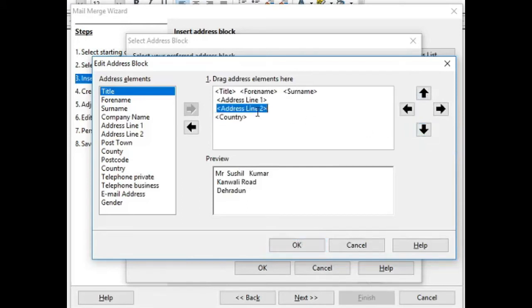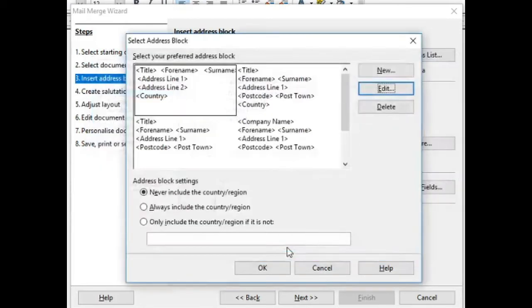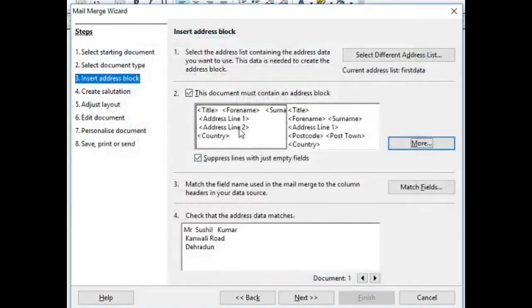You can do it in the same line. If you want to place it in the second line, you just click it, press the mouse button and then drag it to the new position. So it is copied. If you don't want it, select it, press the delete key from your keyboard, and it will be deleted. Now my format is OK, so I press OK, then OK, and it is ready.